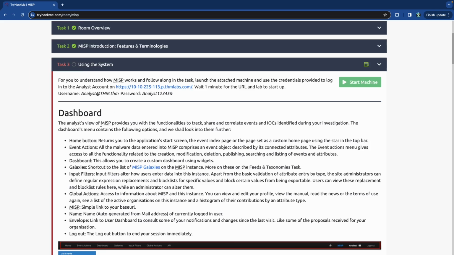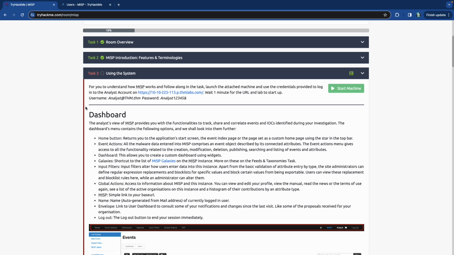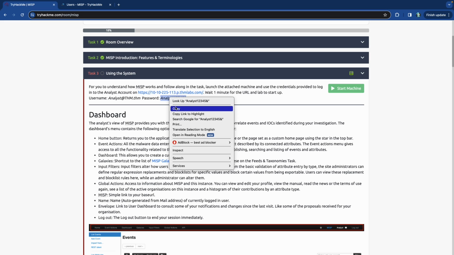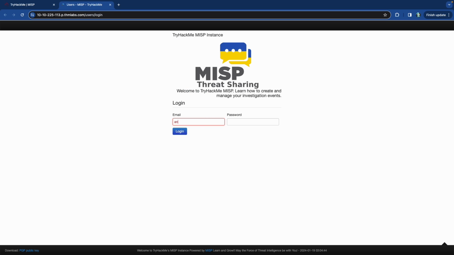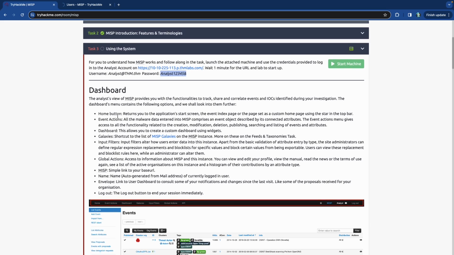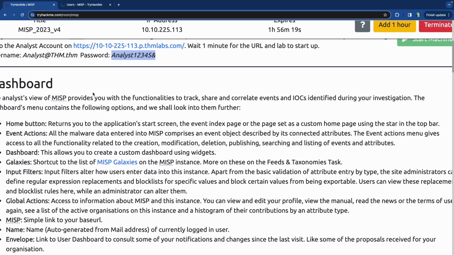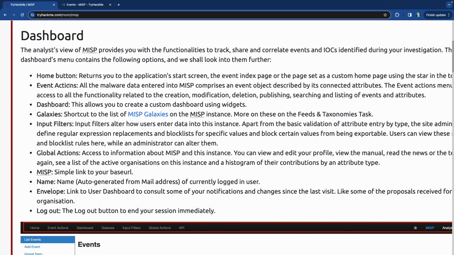So I wonder if I could just do it without using the attack box. Let's see. We might need to go through it with the attack box, but nope, it seems like we'd actually do it without that. So the password is this, and analyst@thm.thm. So analyst@thm.thm, and then we have our password. Let's log in here. And so we got the dashboard, which is the home button, obviously, event actions, all the